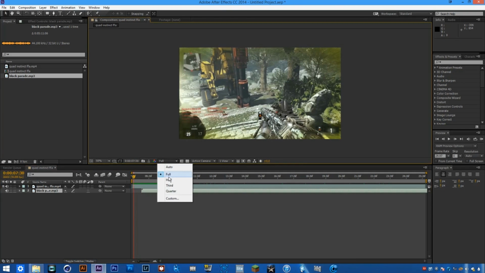Alright, so say that's taking a really long time to render out, right? Now you can go up to here, and most of the time I keep full checked because that's full quality. Now what you can do is you can go down to quarter, and that renders just a quarter of the pixels out. Also what you can do is you can go over to the preview tab here,